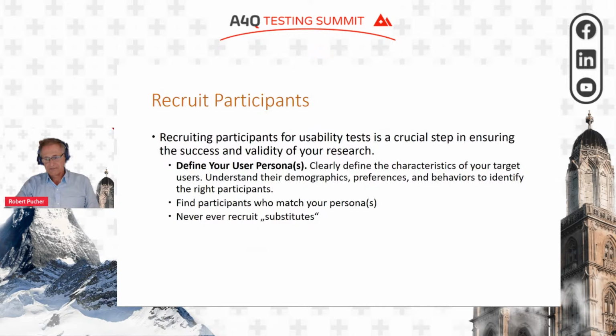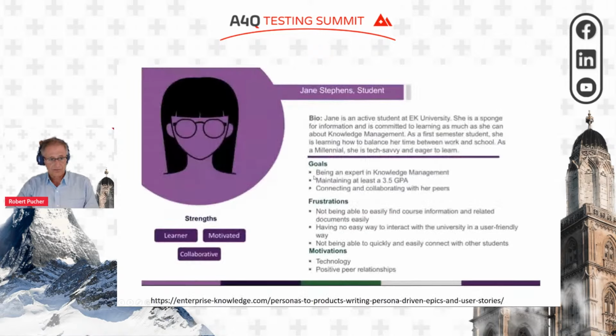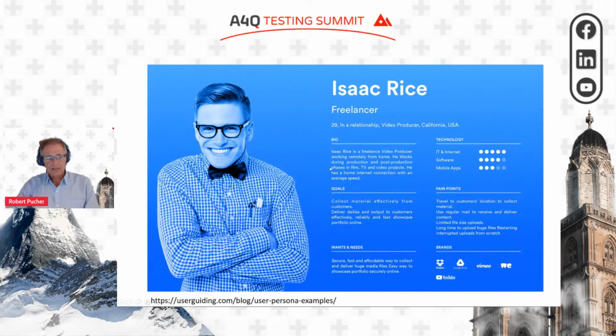Recruit participants. For usability tests, you need the right participants. Never, ever recruit substitutes. You have to define what your user is. And if it's, let's say, an experienced neurosurgeon, you can't use students of computer science to do the test, which is obvious. But very often it's hard to get the right user for a test. Well, these are some examples. I quickly go through that. You can see it on the presentation